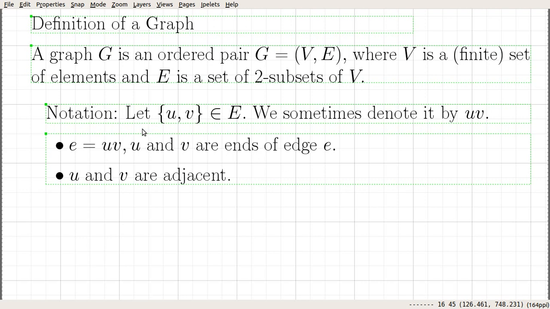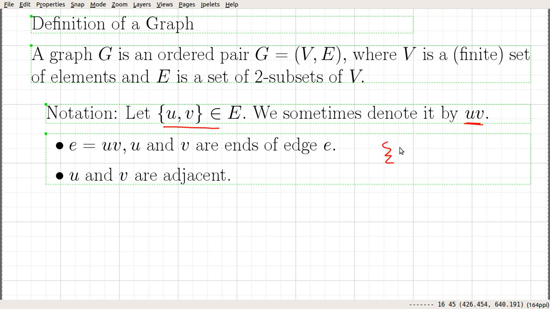Some notations that we commonly use when dealing with graphs. When we define a graph, an edge is a two-element subset of the vertices. We sometimes denote it by writing UV.